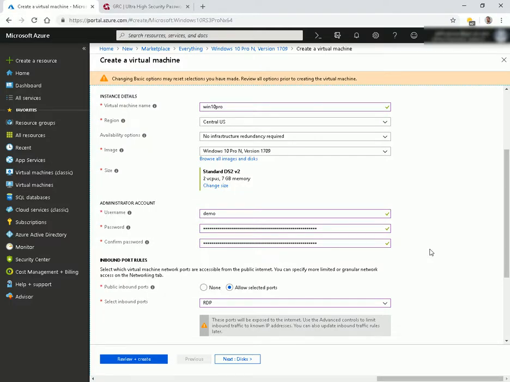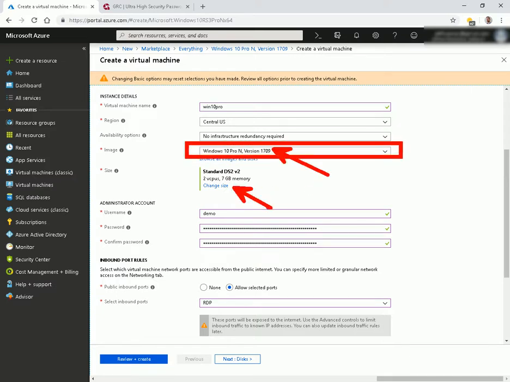Today we'll take a look at installing popular front-end developer tools on Windows 10. Here we're looking at the Azure Console and creating a new virtual machine using the Windows 10 1709 image. Hardware is 2 CPU and 7 gigs of memory, and we can go ahead and choose a local admin account